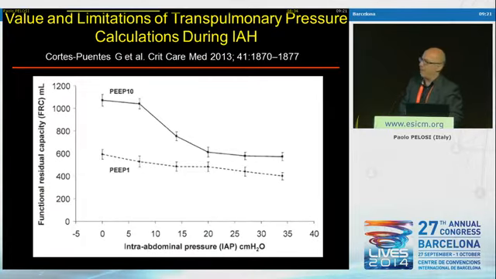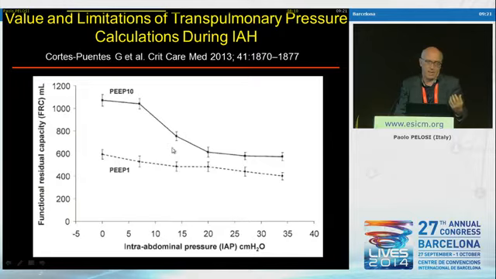These are other very recent data from John Marini's group, showing different intra-abdominal pressures in animals. So this is the FRC. Now we'll talk about the effect of PEEP in a condition of higher intra-abdominal pressure. What they found was that, at least from this study, if you want to keep the FRC, which is one